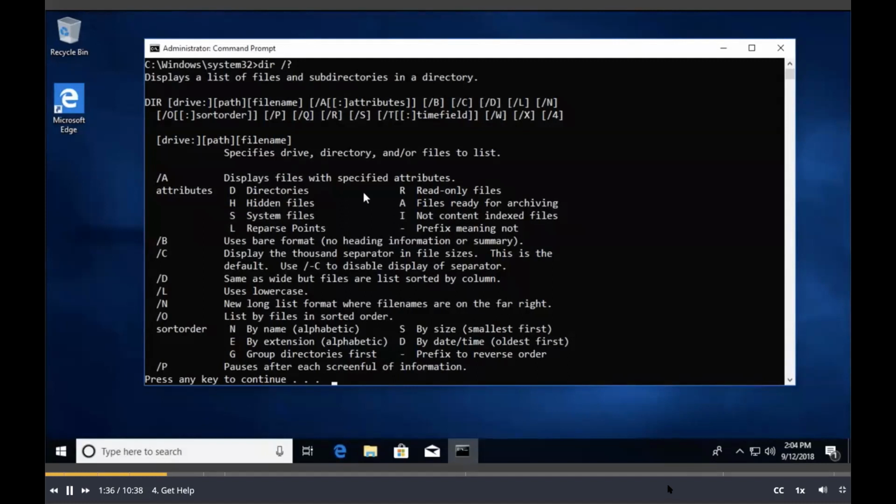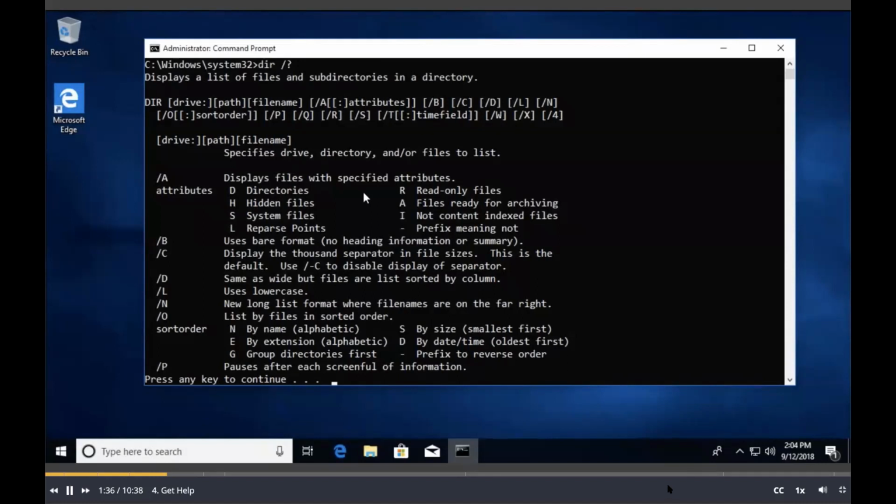To view the help for a given command, you can use the help command to get help for most Windows commands. You type help, space, and then the name of the command that you want to get help for. Let's get help for the dir command again, and the same screen is displayed. So with this in mind, let's look at some of the administrative commands that you can use at the command